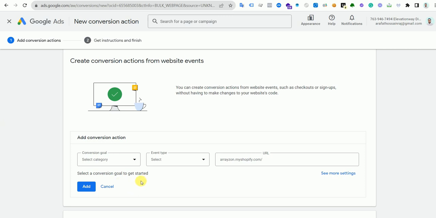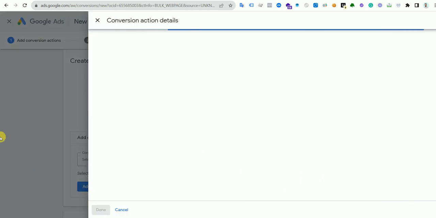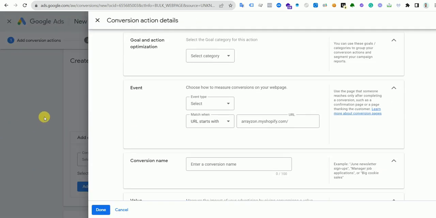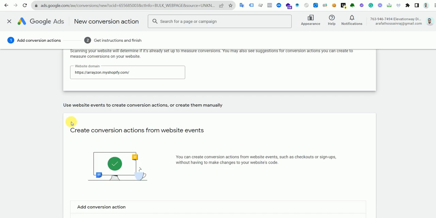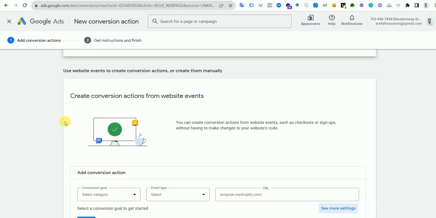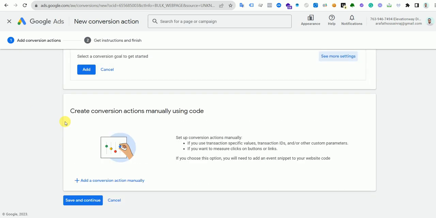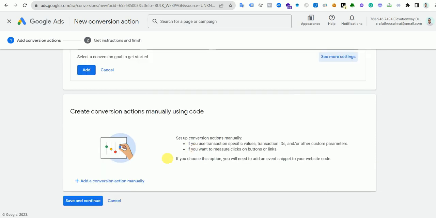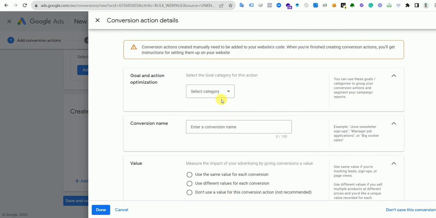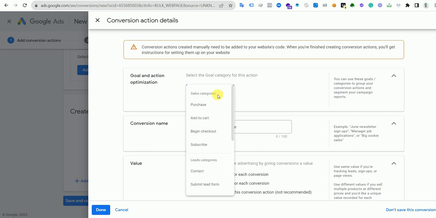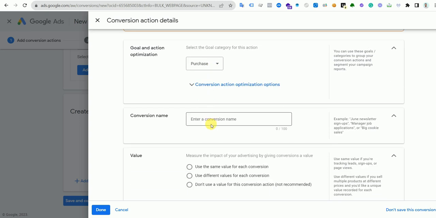So we will set up Google conversion tracking manually. See more settings. Add conversion manually. Okay, so manually we will select the goal. So our goal is first the conversion name. So this is the conversion name. We can just